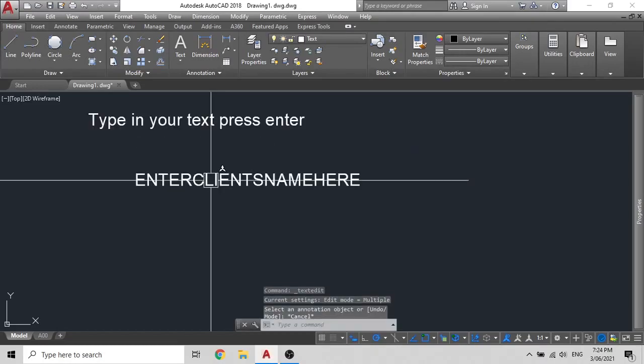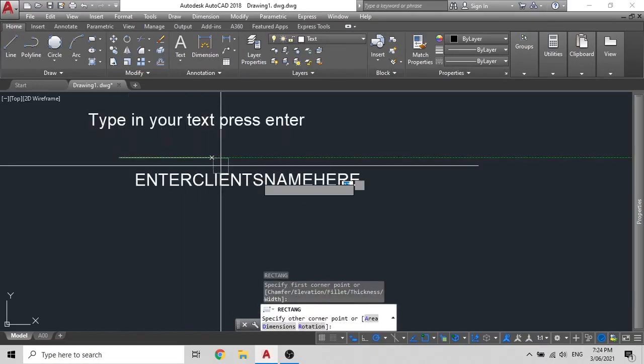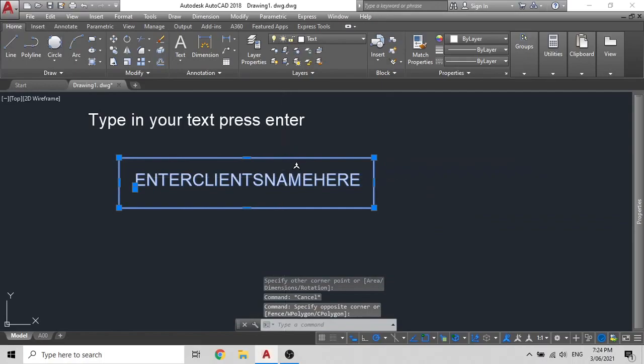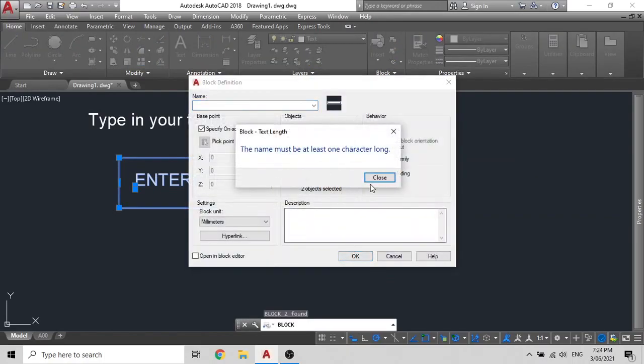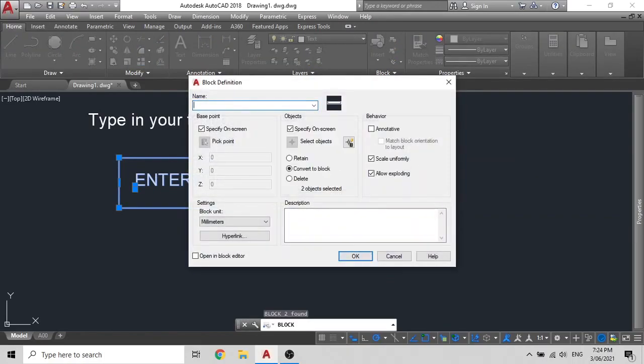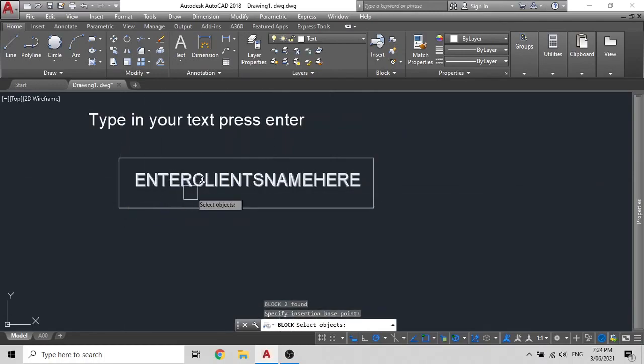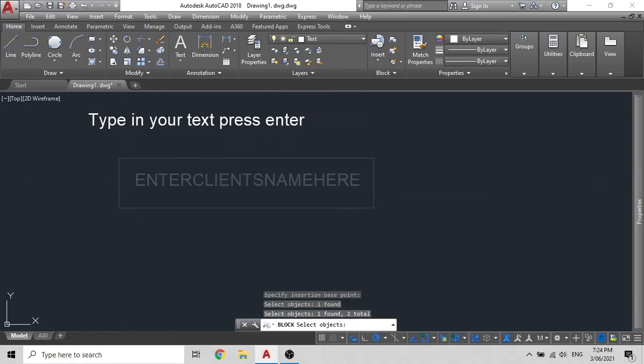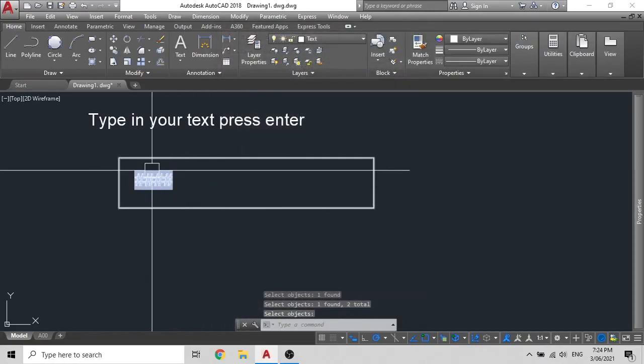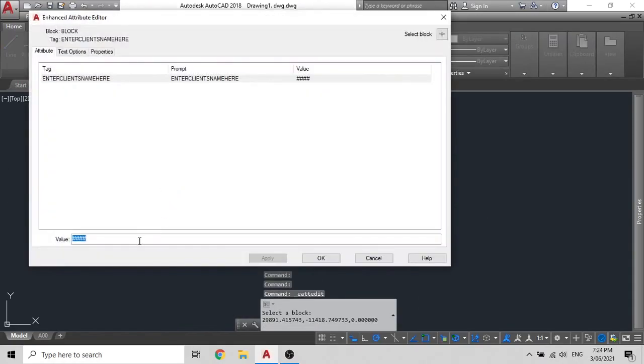Now, if you turn this into a block with something else, you can edit the text there. Now in attributed text, what you can do is you can enter whatever you want, as I was saying earlier. So let's say, just for training exercise, you can apply, click on OK.